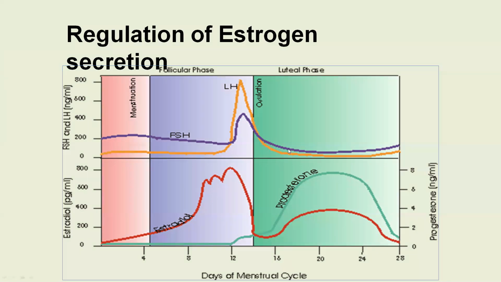What happens if fertilization does not occur? Then the increased estrogen and progesterone levels in the second half exert a negative feedback effect on the hypothalamus, decreasing the GnRH and the LH levels. Since the LH level has fallen, the corpus luteum degenerates and the progesterone and estrogen levels come down by the end of the reproductive cycle, that is at the 28th day. Then again, a new cycle begins. So this is about the reproductive cycle in detail.